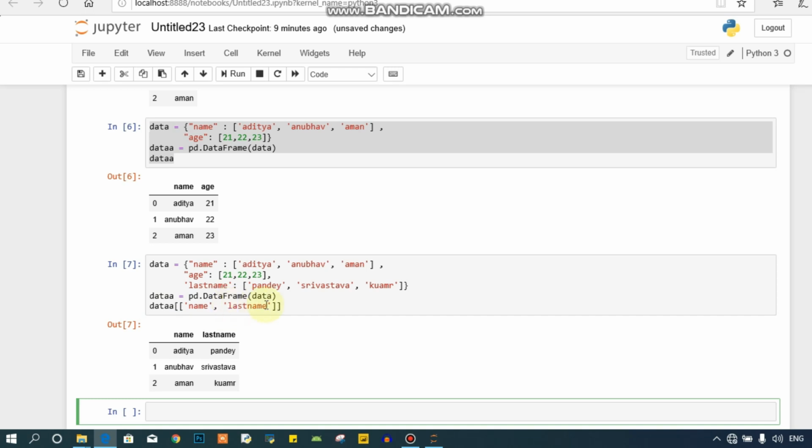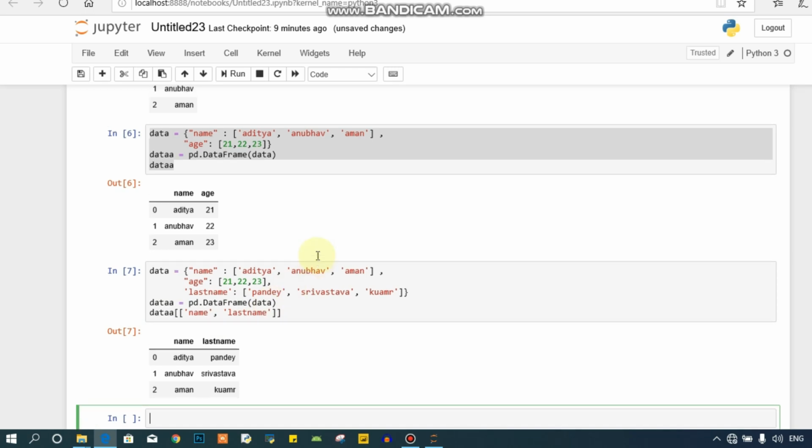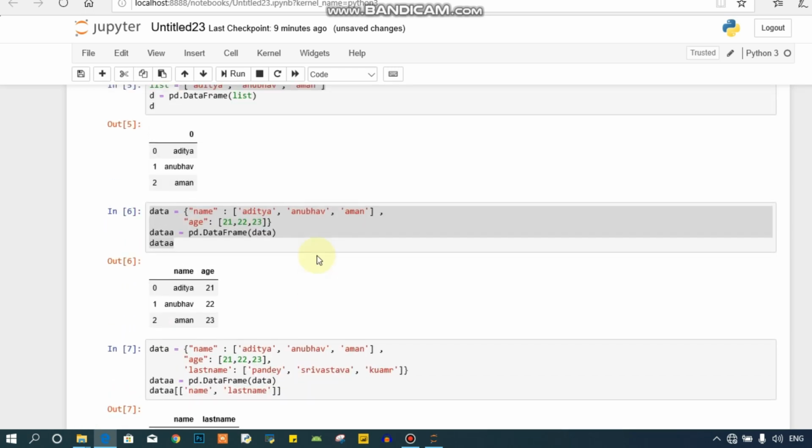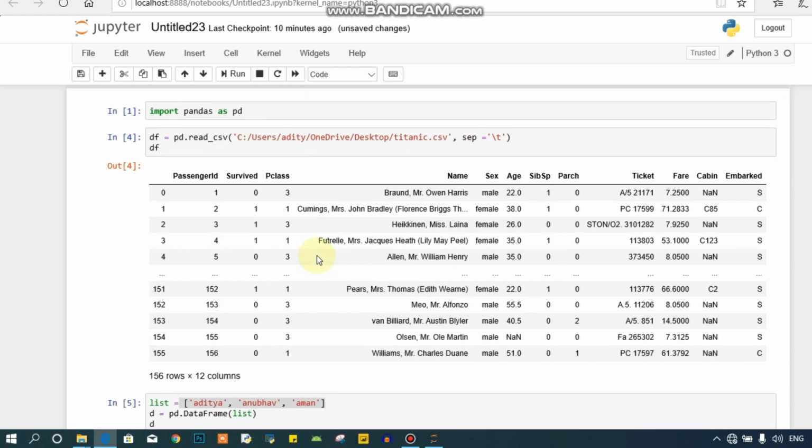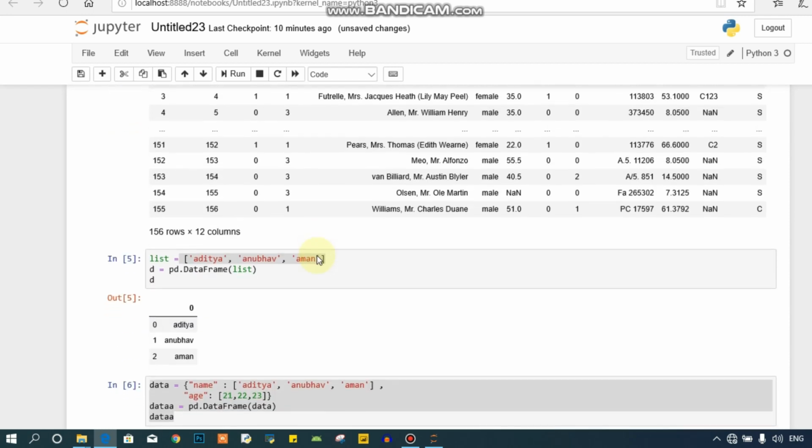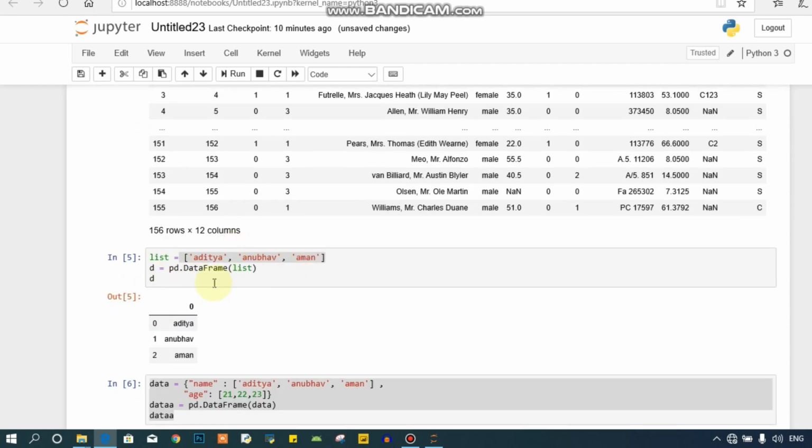So guys, this is it for now. In today's video we have learned about the data frame, what a data frame is, how we create a data frame using lists and dictionaries, and how we can get specific columns inside a data frame. A data frame is nothing but a beautiful table in the form of rows and columns.